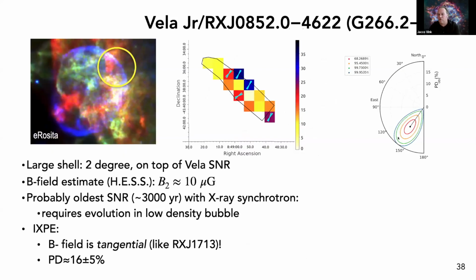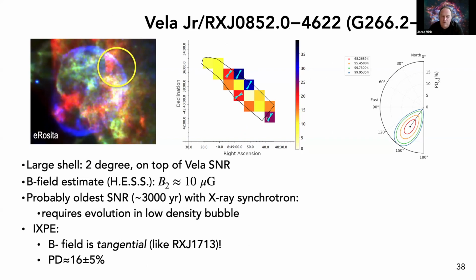And then finally, the latest paper, which appeared, I think, December 2024, Villa Junior. Again, we looked at the brightest part here. Unfortunately, here we show the electric vector, not the magnetic field vector. These are the significant points that we find, and we see that the electric field is tangential, which means that the magnetic field here is tangential again, like in RSJ-1730.